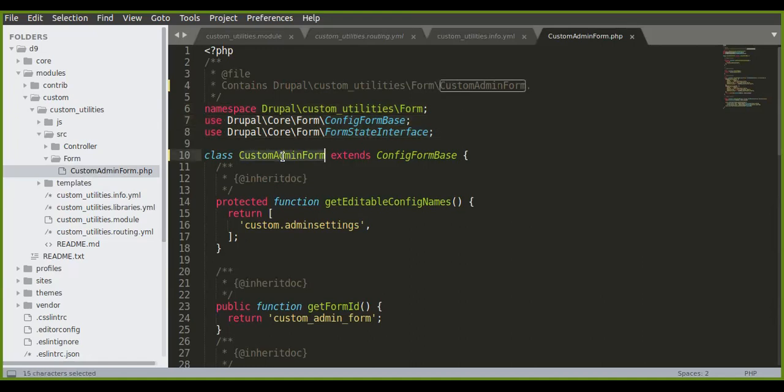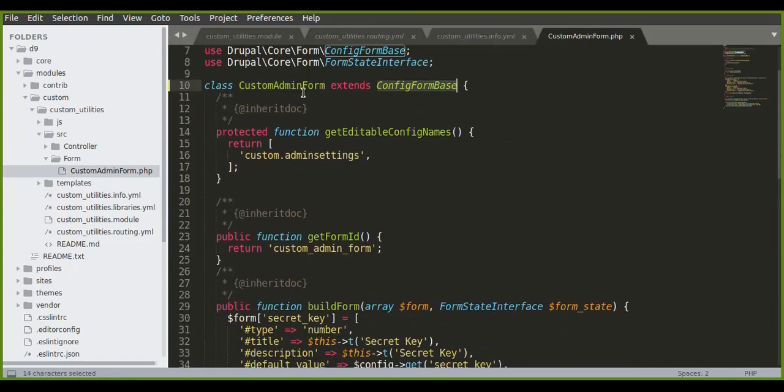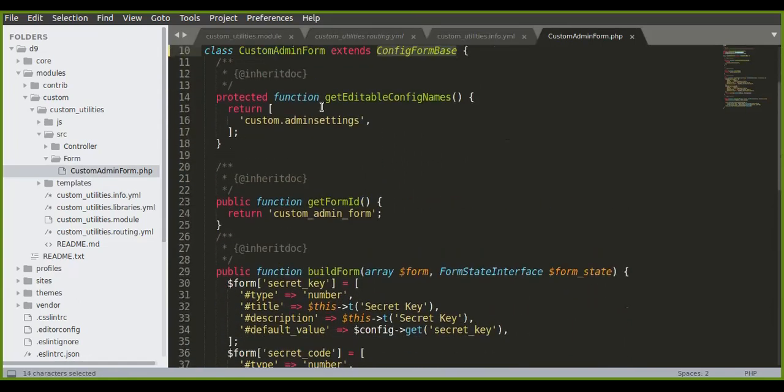Okay, so within the custom admin form, we have extended the config form base functionality. I talked about admin form. If you want, you can do the normal form also. This admin form, you can get it under the configuration part. Okay, so let me share.